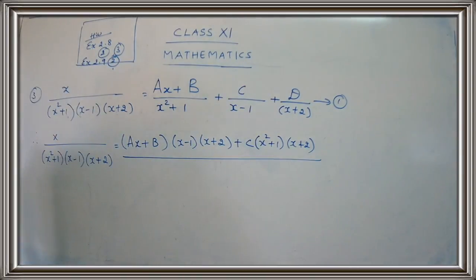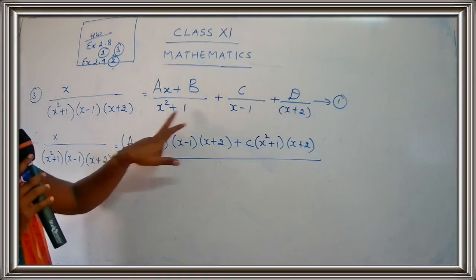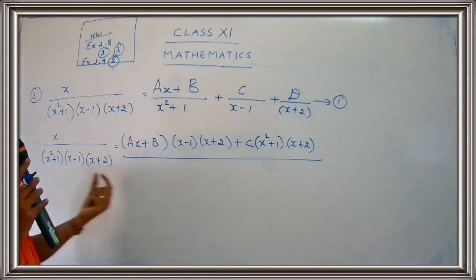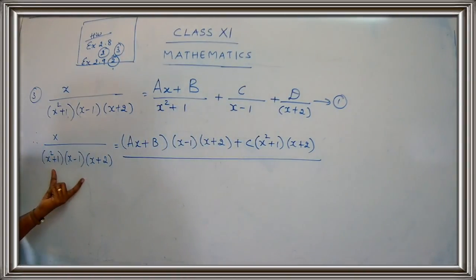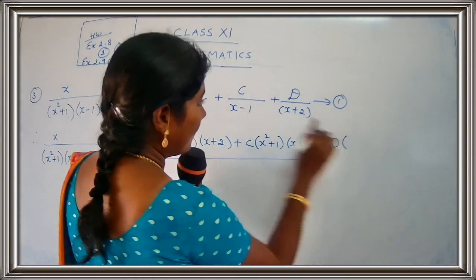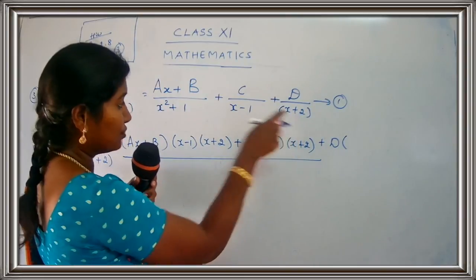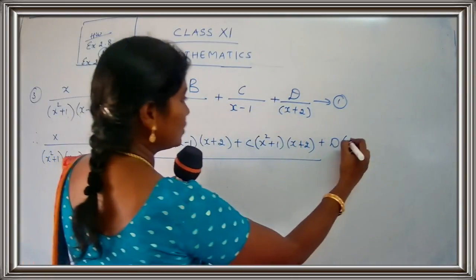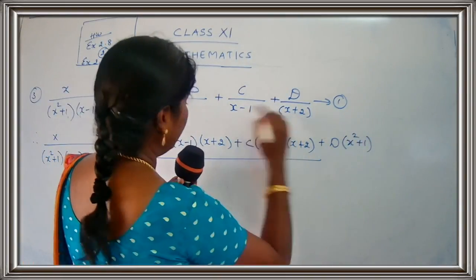I hope I am going slow. You just understand the concept. It's a very important question and this is a 5 mark question. So you may be asked this question for 5 marks, so you have to be very careful. So for ax plus b, I have written x minus 1, x plus 2 because these terms were missing here. I have to make the same denominator as on the LHS. Plus d, x plus 2 is here, children. So which term is missing? Yes, x square plus 1, x minus 1.